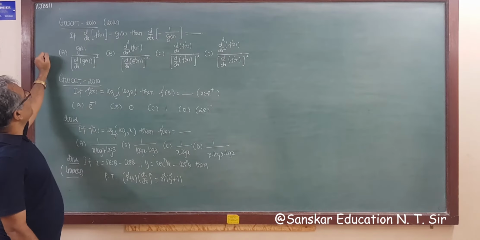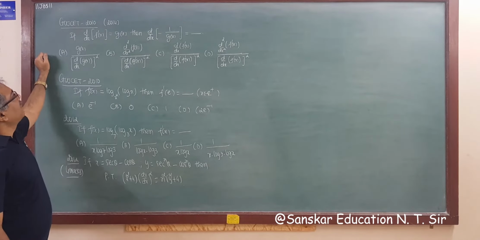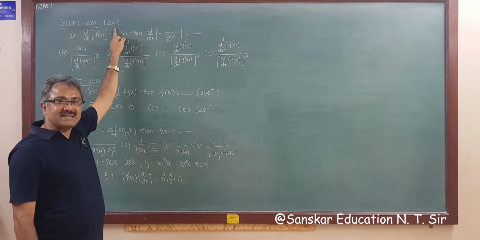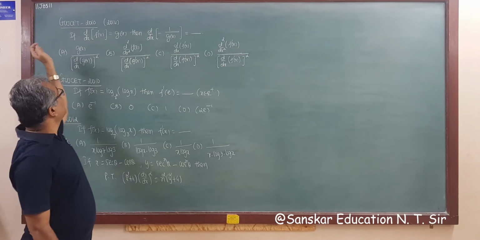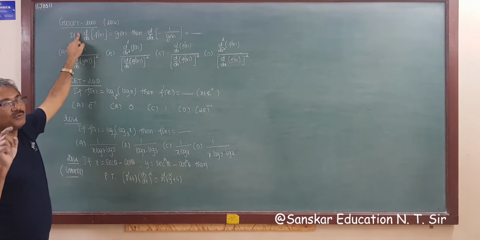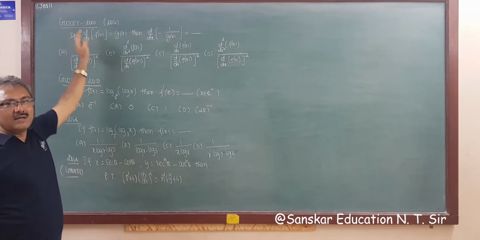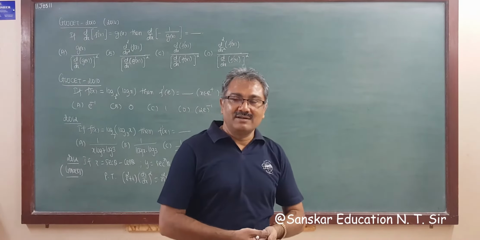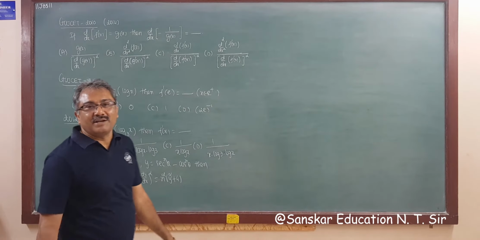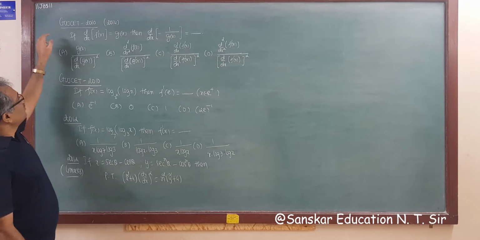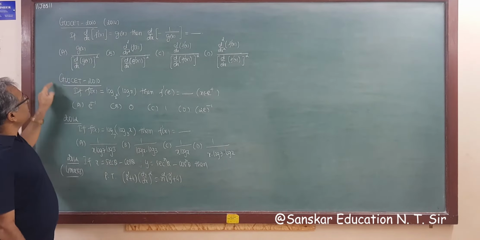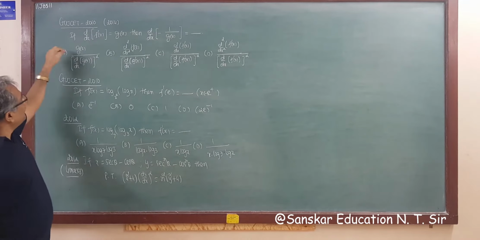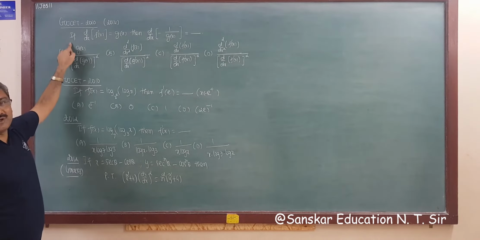Now, the first question is from Gujarat 2010, and this was also asked in the 2014 board exam. So this is repeated, and the Gujarat 2010 paper questions are similar to a question paper of a competitive exam like JEE. At that time it was AIEEE, not JEE, right? So the Gujarat 2010 paper is a very tough paper for students. Now from that, this is one of the questions.